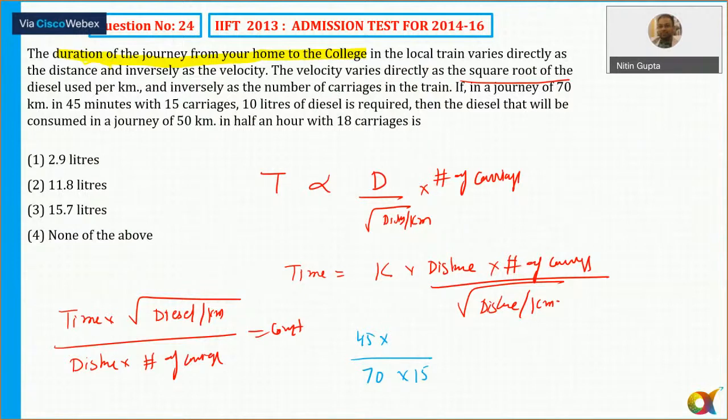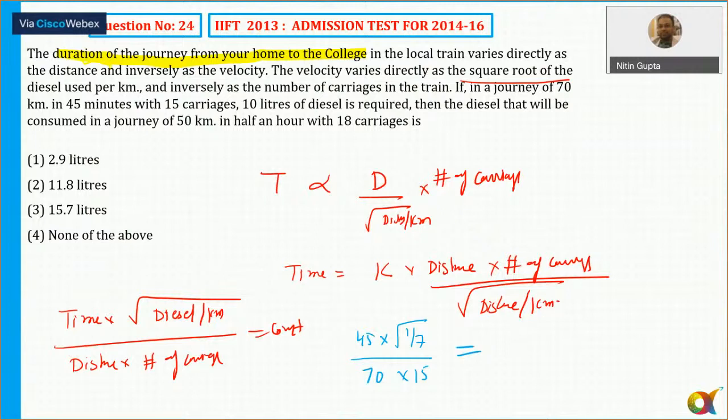So diesel per kilometer is 10 by 70. ठीक है. So this is the given case, that is equal to, then the diesel that will be consumed